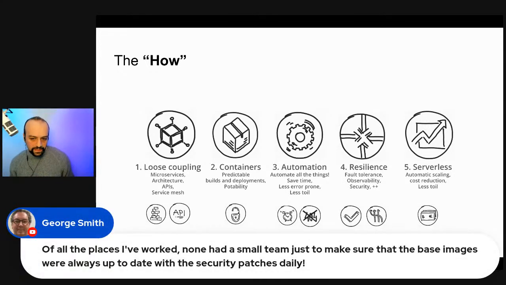And there is another comment. Of all the places I've worked, none had a small team just to make sure that the base images were always up to date with the security part. Yes, exactly. So that is a problem. That's a security issue, right? And that's a bit of a downside of containers, because